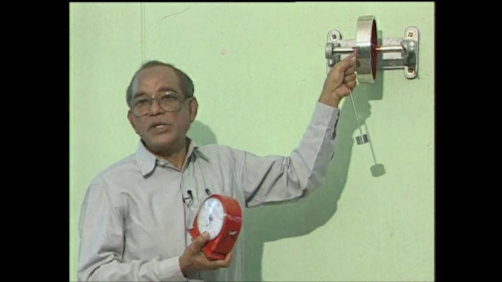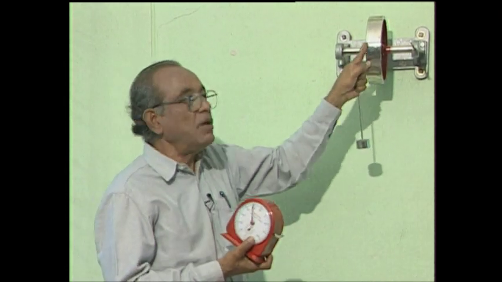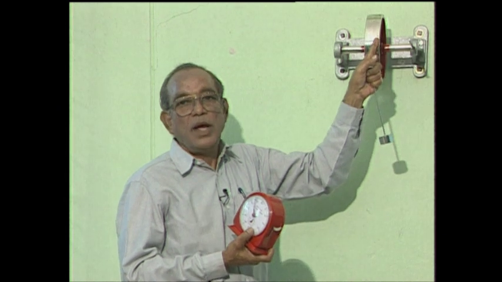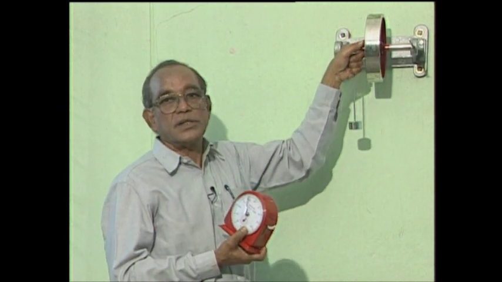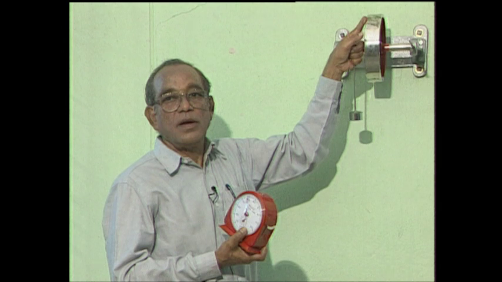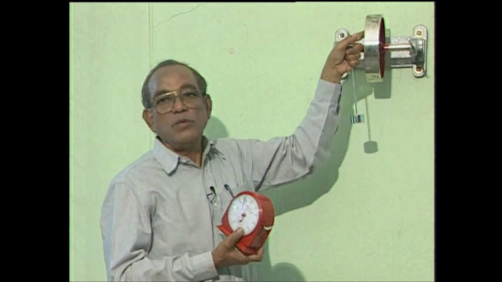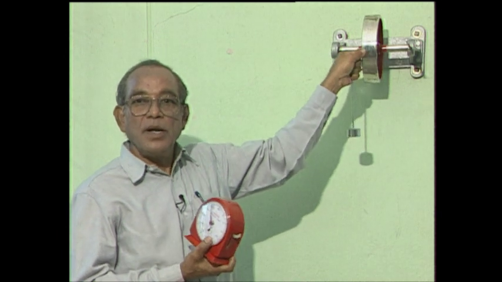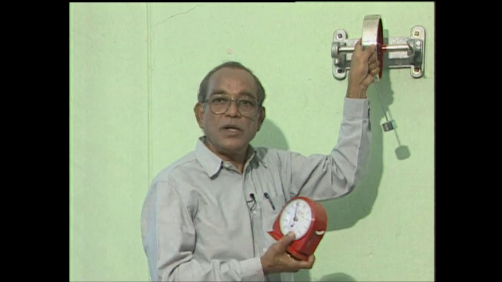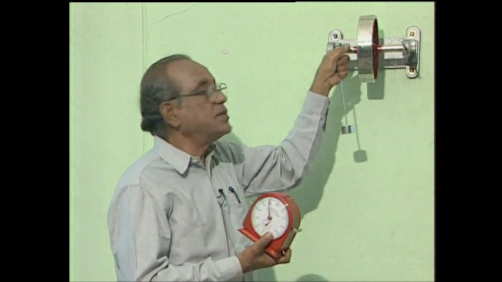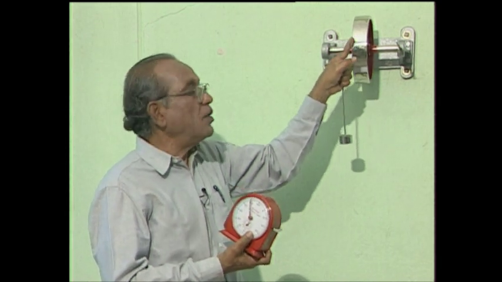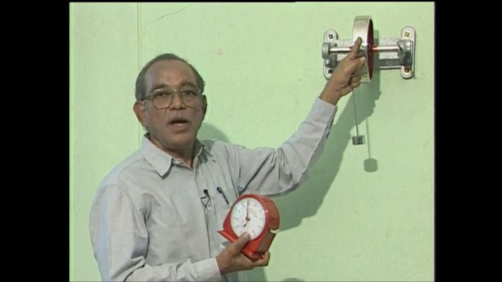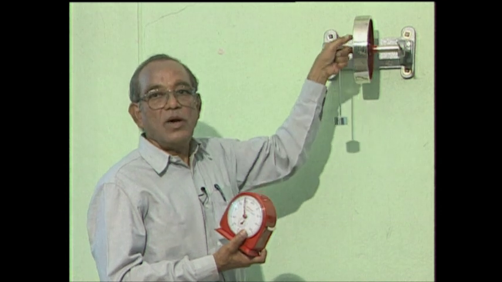We can also physically verify if we know the mass of this flywheel and finding out its radius. We can also find out the moment of inertia, and that physical verification can be done. What the experimental value we got can be verified physically if you just know the mass of this flywheel and the radius of the flywheel.